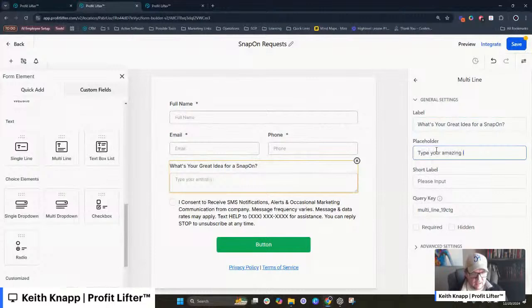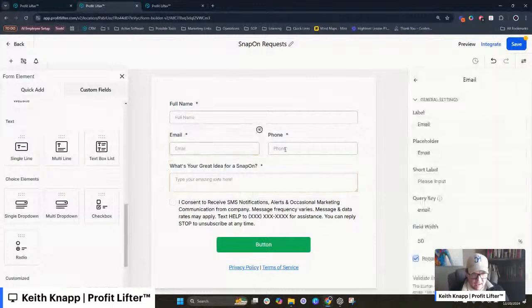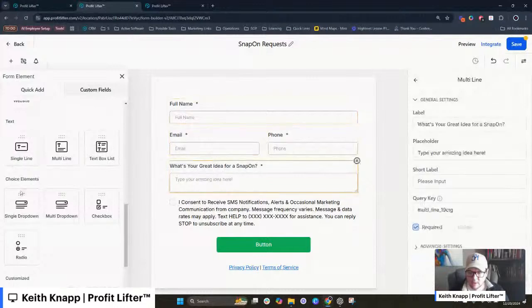Type your amazing idea here. And hey, I'm going to make that required because it doesn't do me any good if they don't actually put that in there. All right, so what's your great idea for a Snap-on? Got that. Cool. Next,